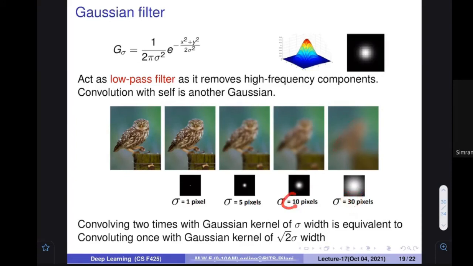So with the 30 size pixel, you can see only this thing. With the 10 size pixel, maybe you can make some sense of what is happening over here. With 5 size, you can think that these things are more visible. With 1 pixel, everything is visible. The filter says at what level you are interested. It gives you the things which are of that particular size. Very important thing I'm telling you.